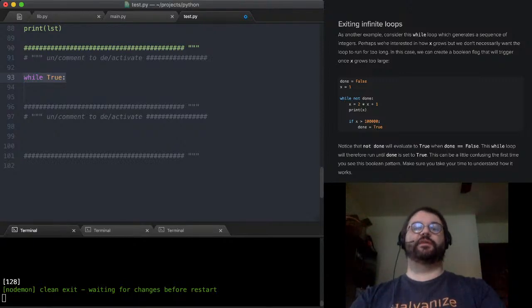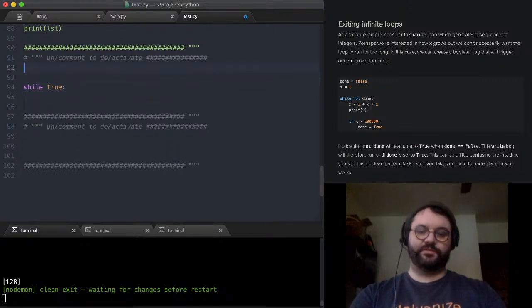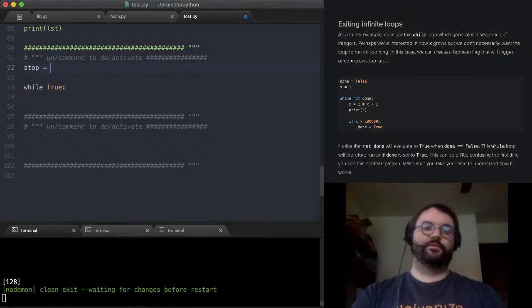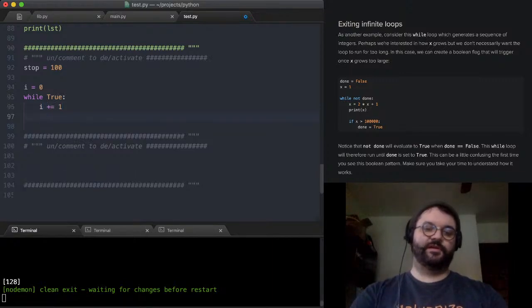And then I think about a stop condition, right? So stop equals 100, and we can just say i equals 0, i plus gets 1, and if i greater than or equal to stop